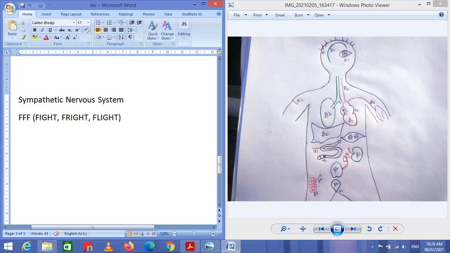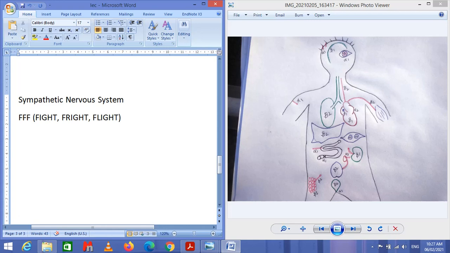More accuracy is also good for the triple F condition. I will tell you later. Similarly, the sympathetic nervous system also provides us good protection. It provides good protection qualities to the body, to have more chances of survival during these three conditions. Because during these three conditions, during fight, during fright, and during flight,